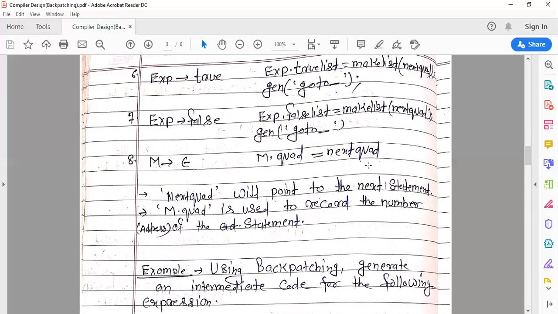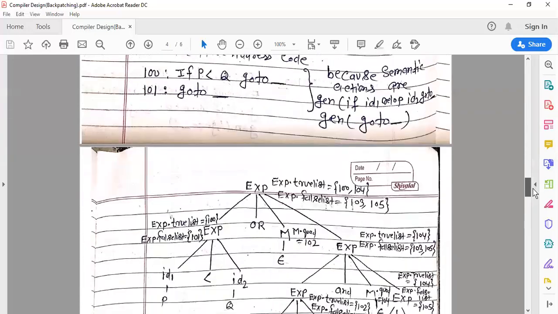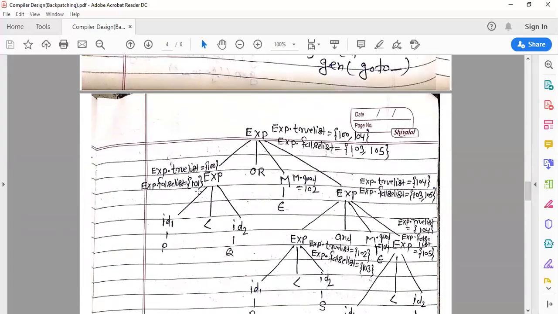What is the nextquad? Nextquad is the last address plus one. The last address was 101, so the nextquad will be 101 plus 1, so 102. After 101, the next address will be 102.